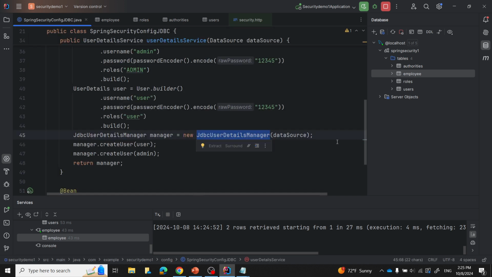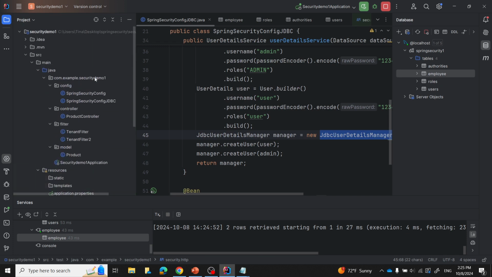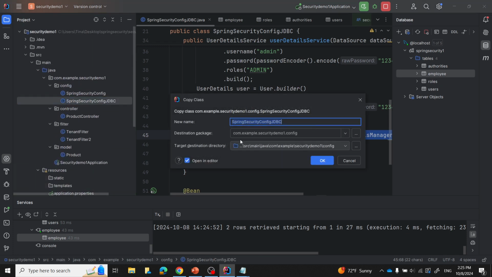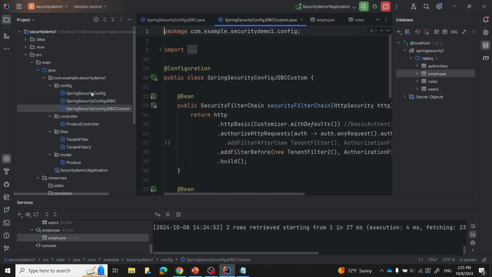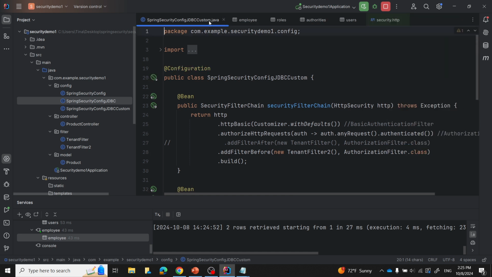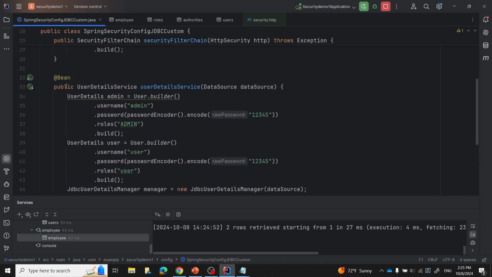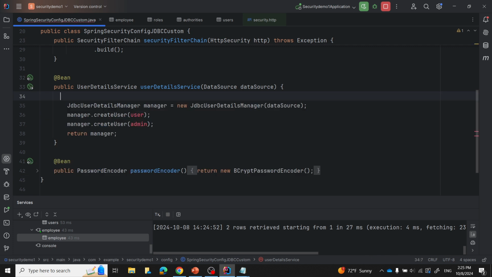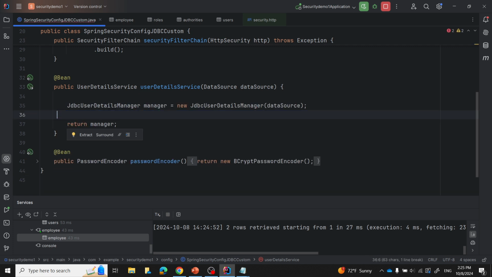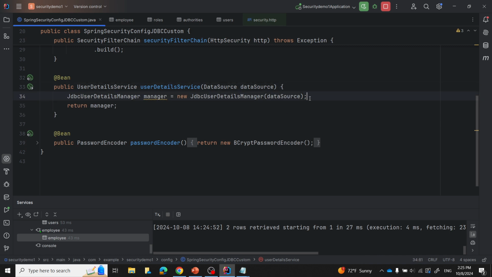So now we just need to change here. I will make another copy of this one, JDBC custom. Okay, and I will make this configuration, which is this one. And now I'm going to change our custom one. Instead of the default, I'm going to tell it how to query my database. Then what I'm going to do is